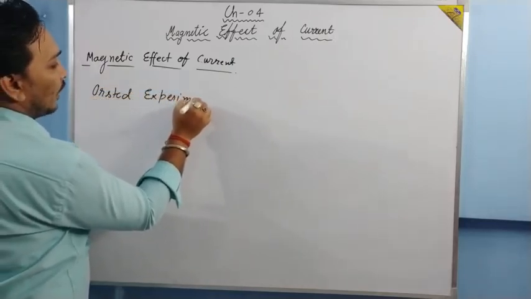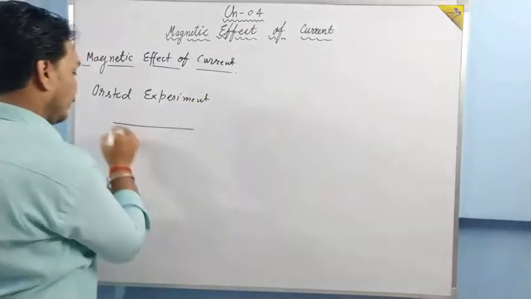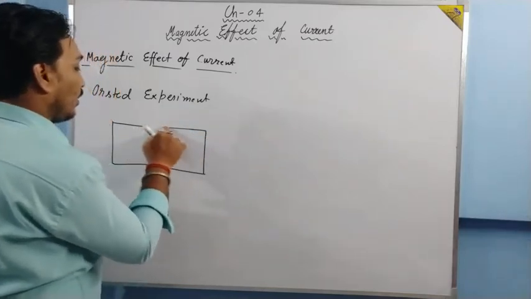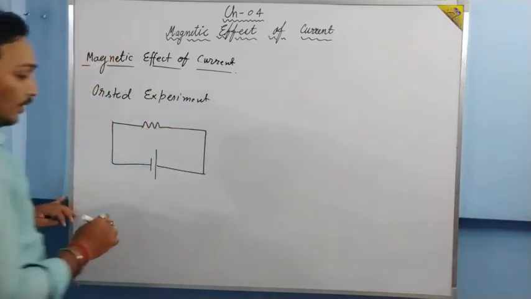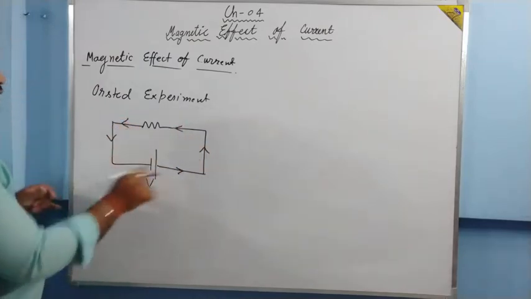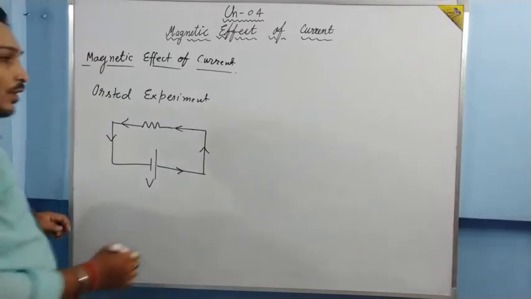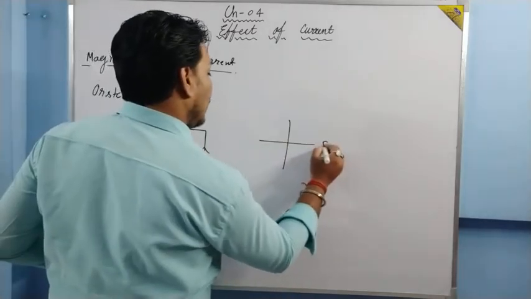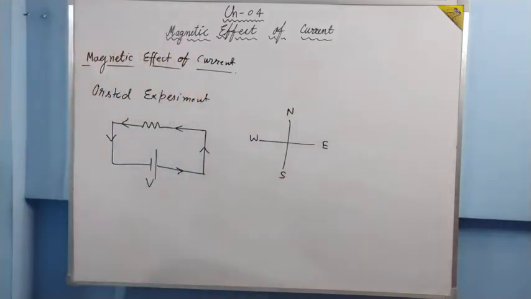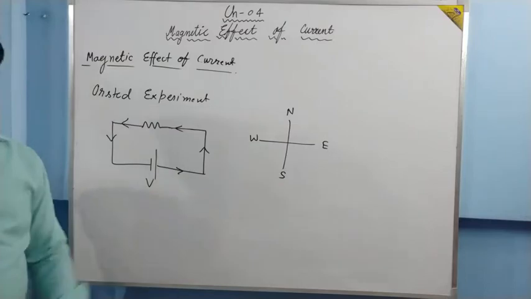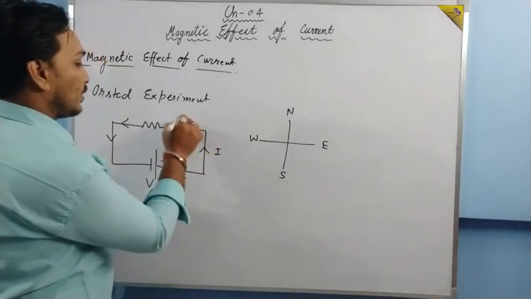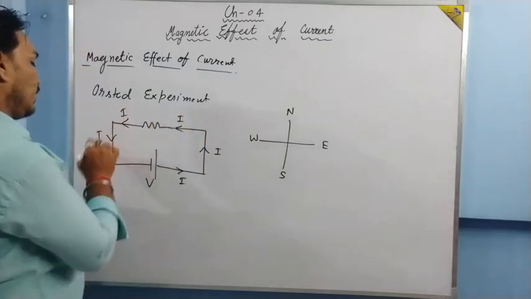He observed that, suppose a wire is there, a current carrying wire is there, this cell is of B, basically the current is flowing from this to this. This whole setup is kept on a horizontal plane, and the horizontal plane is like east, west, north, south. Okay, these whole things are kept in horizontal plane. So now how is the current moving through the wire? Current is moving like this.